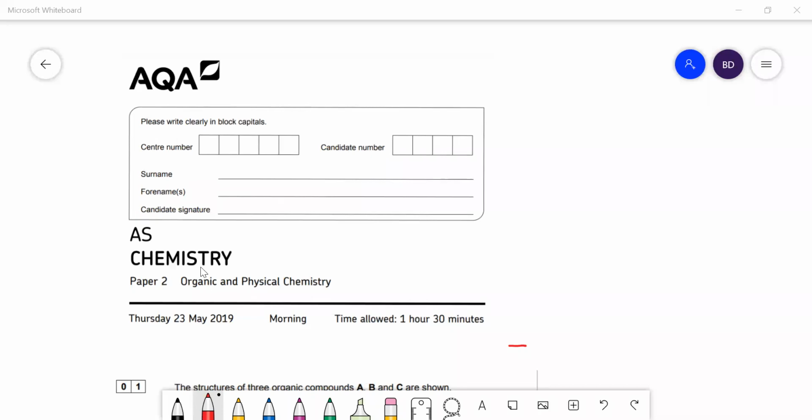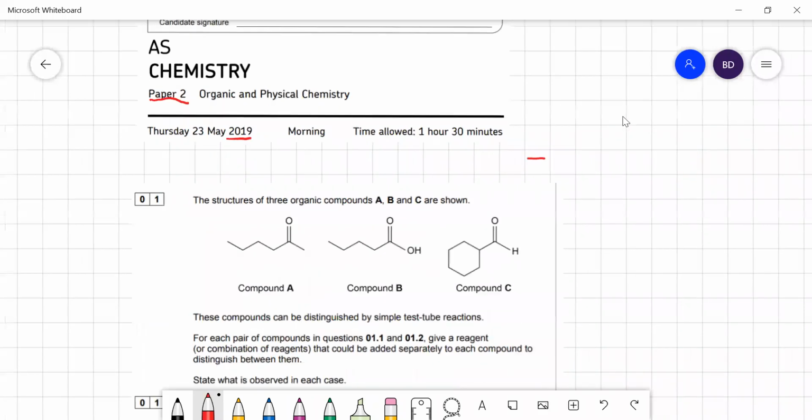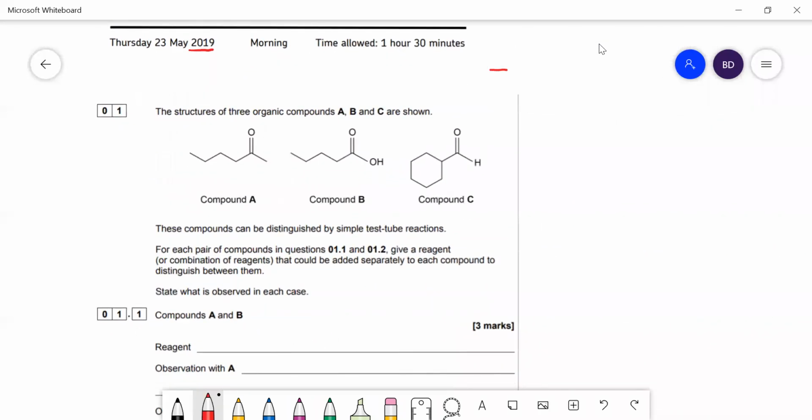In this video, I'm going to go through AS chemistry. This is AQA, the AS level paper from 2019, and this is paper 2. I'll just do the first half of this paper and the second half in a later video. Okay, so we've got 3 organic compounds, A, B, and C, and you've got to give